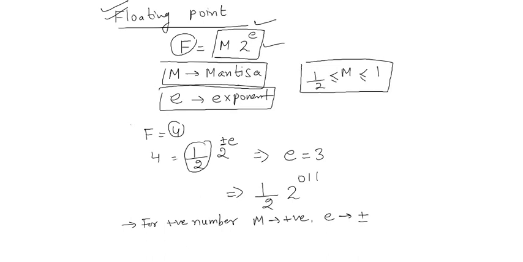If I want to keep it 4, then if I keep the exponent as 3, 2 to the power 3 will be 8, divided by 2, I can get the number 4. So your exponent must be 3. If I rewrite this 3 in binary form, since the processor anyhow deals with binary numbers,